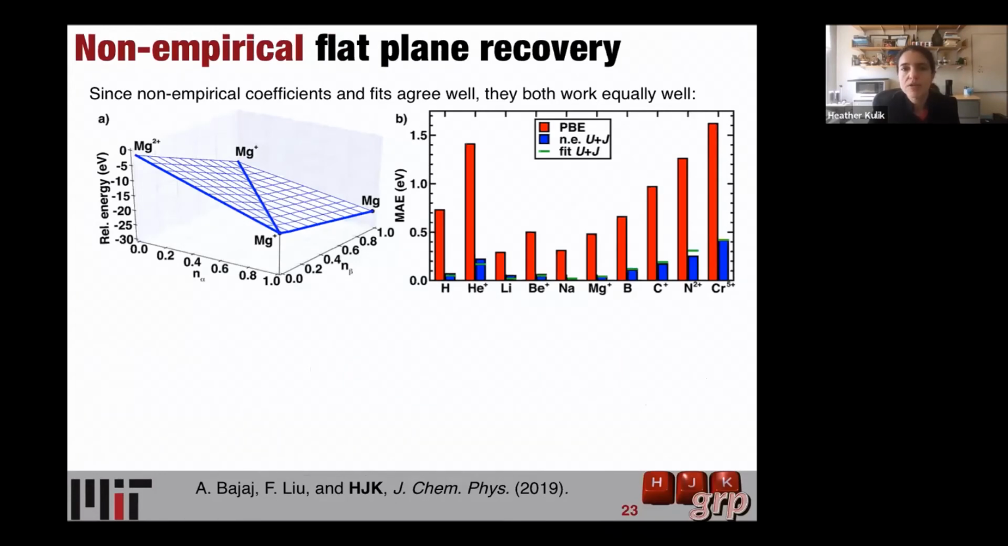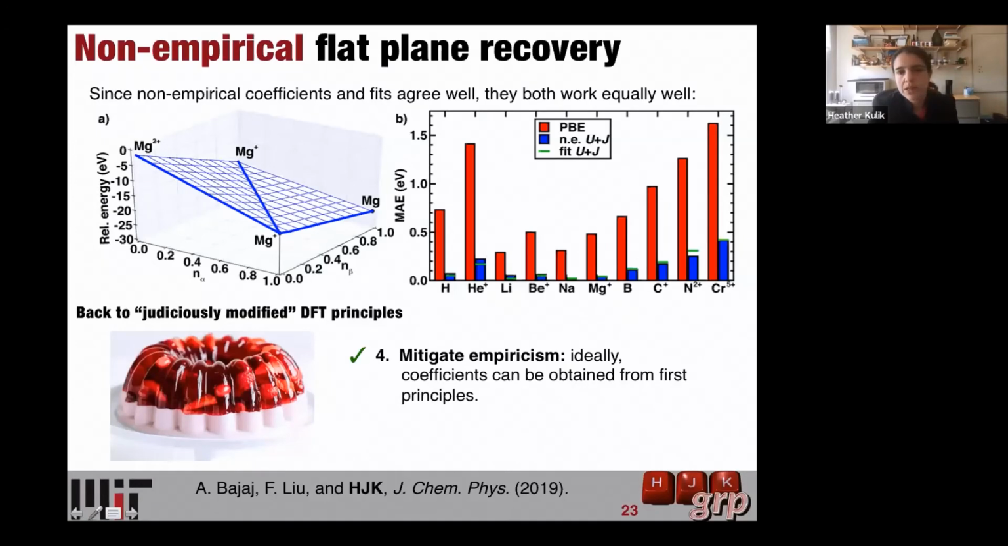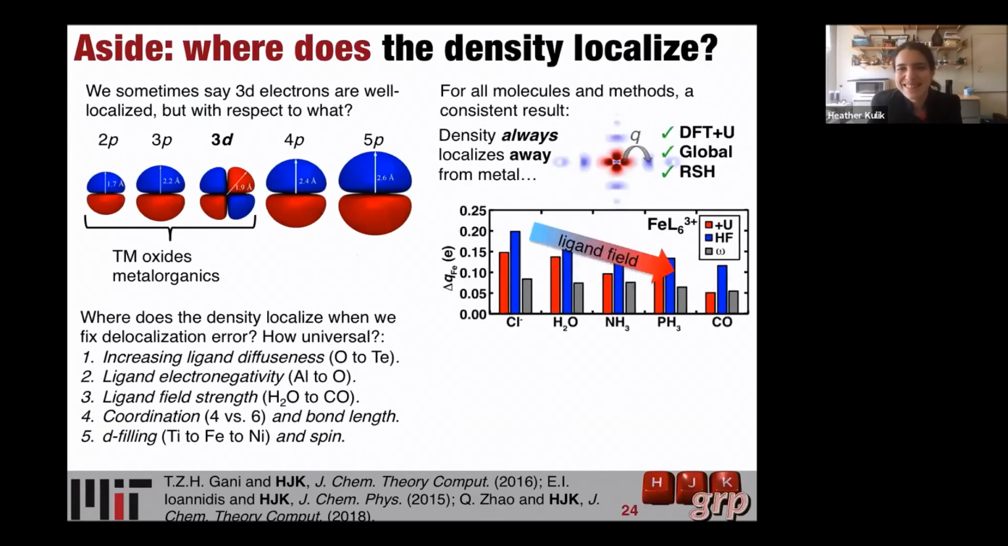And the non-empirical coefficients generally, they're not from a linear response Hubbard U formalism, but they are from the electronic structure of PBE. They're from the eigenvalues, as I just showed. And because the fit U and J, just to recover the errors, and the non-empirical U and J match, we generally are able to dramatically reduce errors all over the flat plane from PBE with this approach. So NE, U, and J is the non-empirical coefficients eliminating these errors. So we've shown that this is a way to mitigate empiricism,